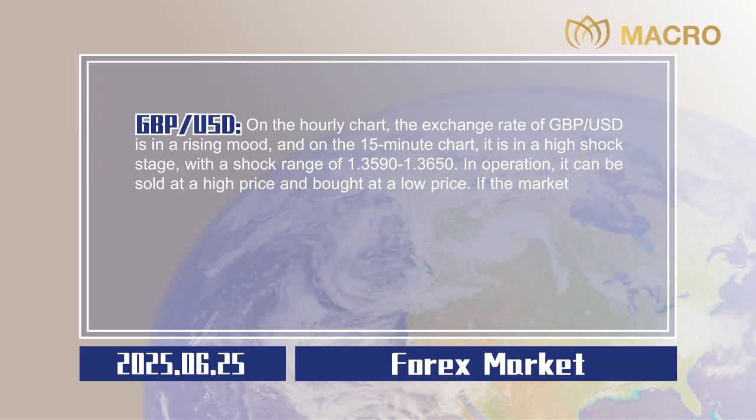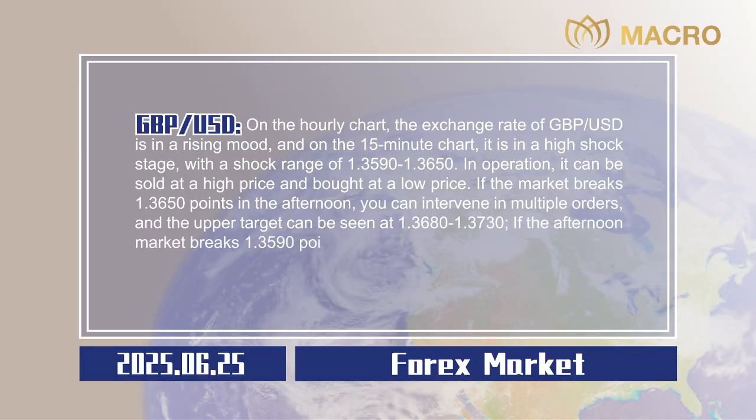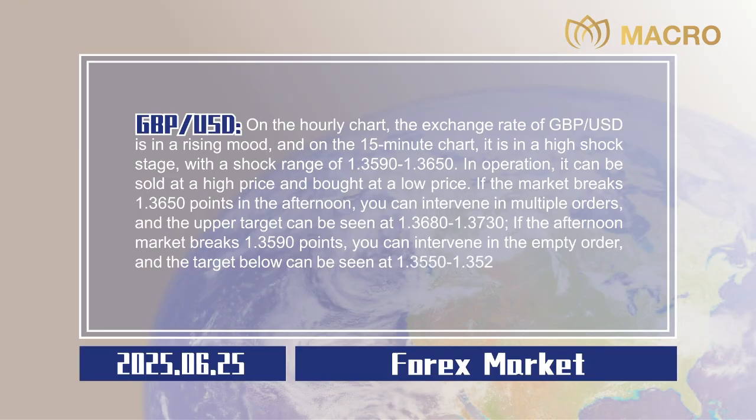If the market breaks 1.3650 points in the afternoon, you can intervene in multiple orders, and the upper target can be seen at 1.3680 to 1.3730. If the afternoon market breaks 1.3590 points, you can intervene in the empty order, and the target below can be seen at 1.3550 to 1.3520. Stop losses are all 20 points,